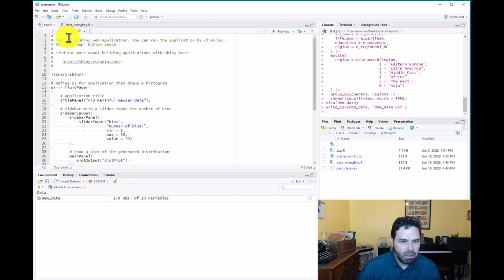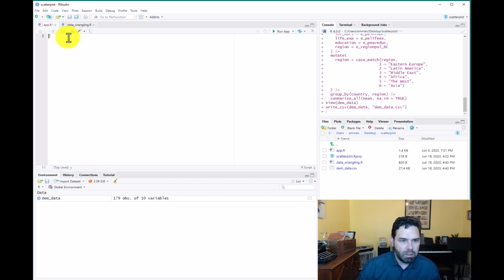And so to do this, why don't we go ahead and just delete all of this out in our app.R file. We're not going to change the name of this file, just leave it as app.R, but you can go ahead and delete out all the code in there. Okay, and what we can go ahead and do is start adding the elements of code that we need for our particular app. We can start doing the setup. So first thing we're going to do is load our packages. So of course we're going to load Shiny to start because that's the main package that we need, obviously. We're going to do readr to read in the data, and we're going to do ggplot2 to make our plot